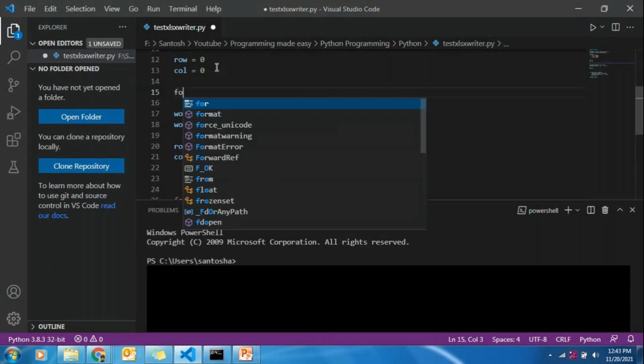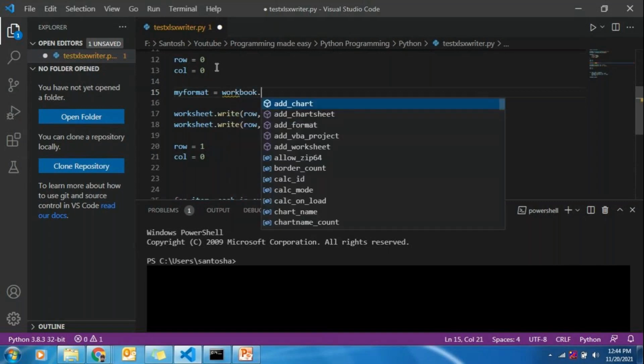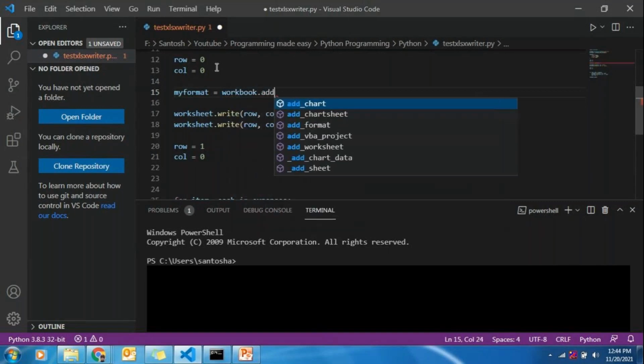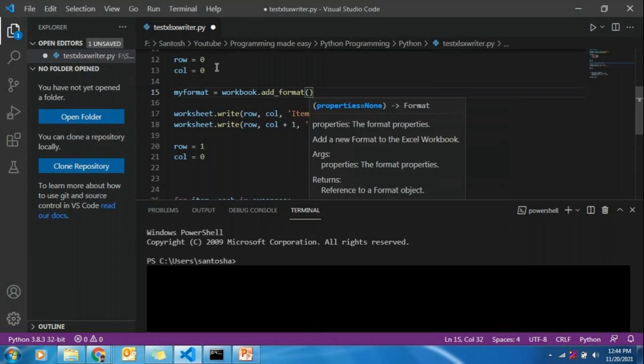So my format is equal to workbook dot add format. You need to add the formatting as a dictionary.